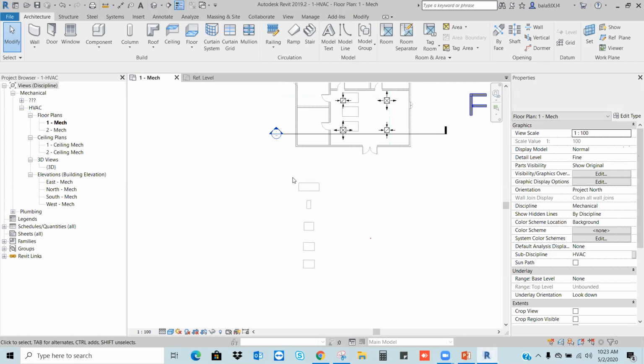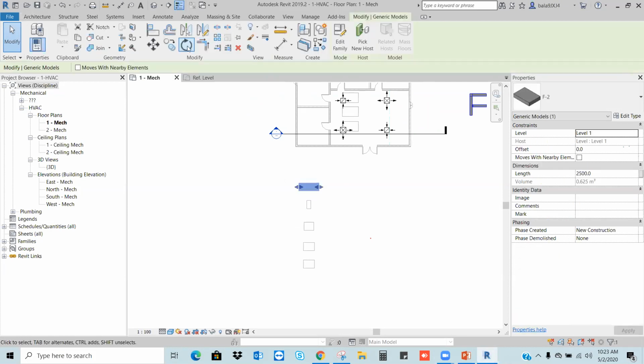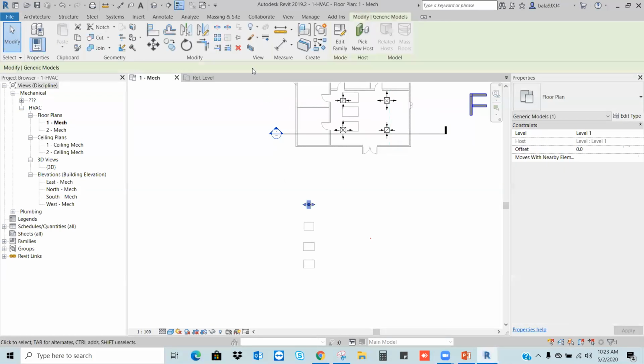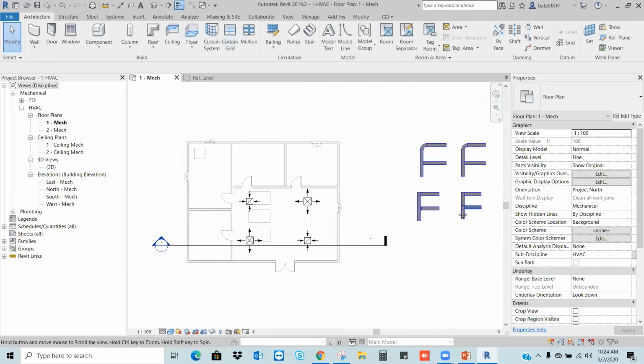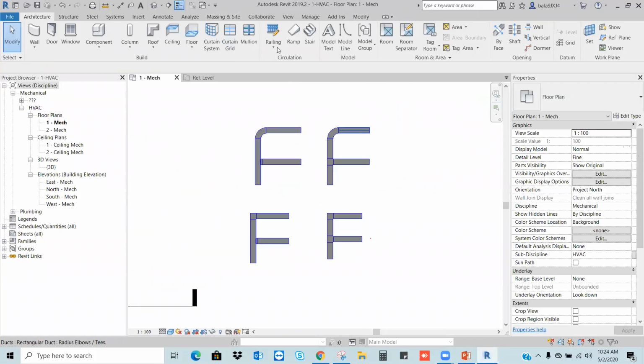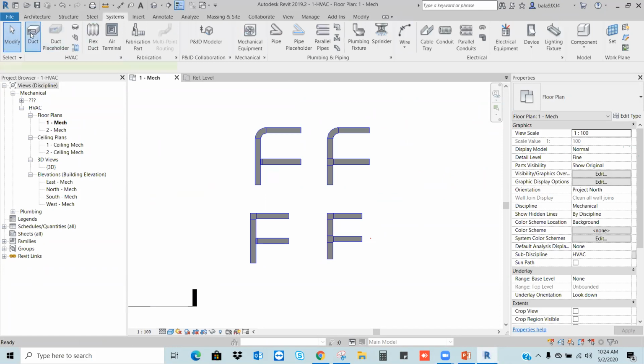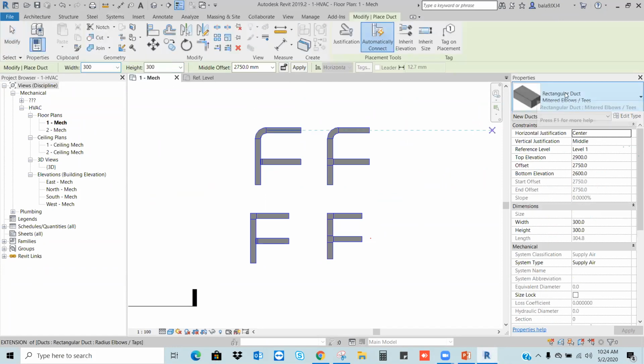So why we need to discuss these parameters at this moment is, yesterday we were discussing the duct types. When you go to the system and select the duct, to draw the duct, here I can see the type.